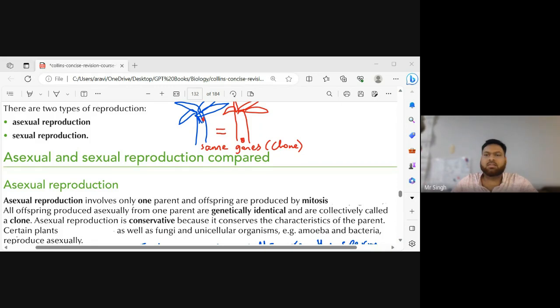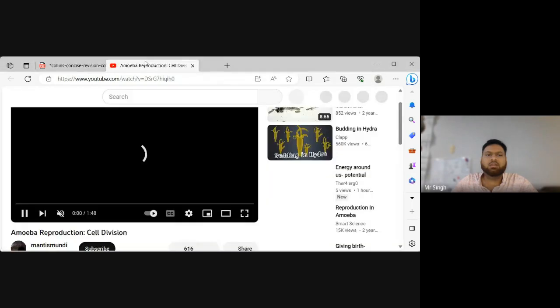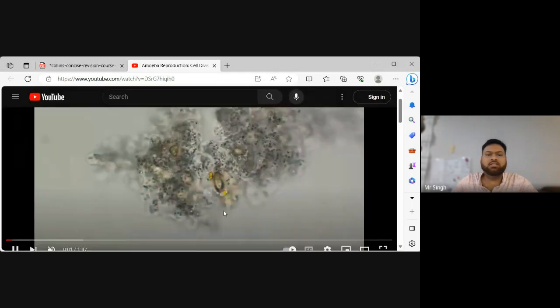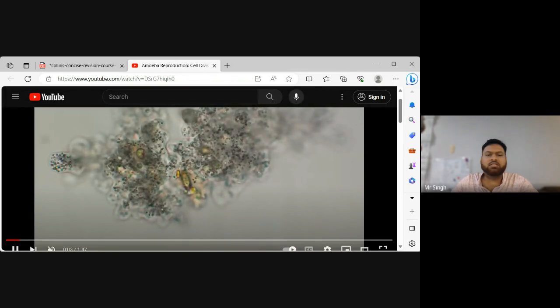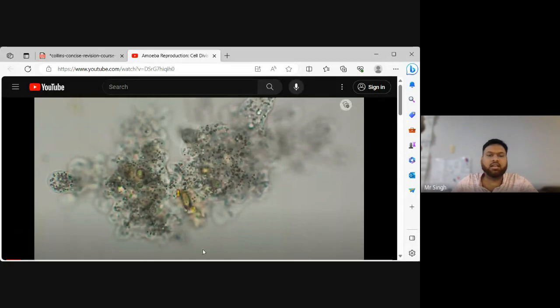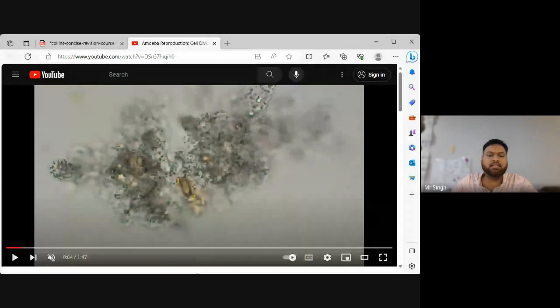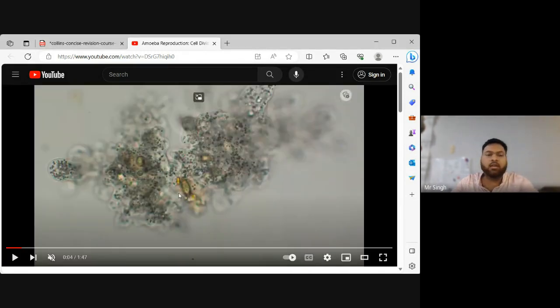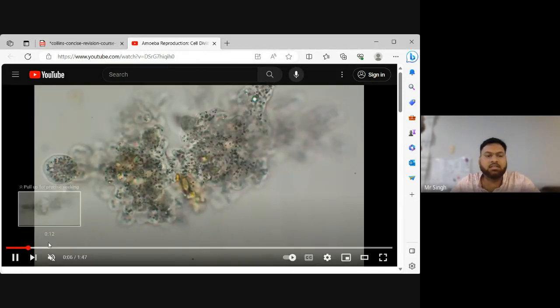So let's take a look. Where is it? Yeah, let's take a look here. So everybody seeing this cell, right? What we see in here is an amoeba cell. We see the amoeba cell all out to the ends of the picture as well, right? The amoeba cell is about to divide, about to split, right? So let's see how it does this.